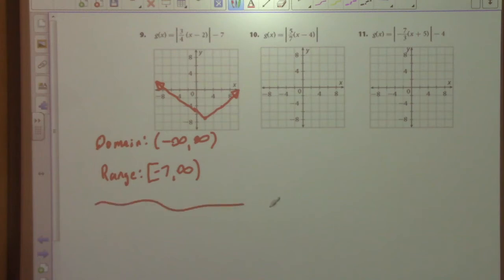What I want to do is, this one here, 10, should be pretty easy. I want to go ahead and concentrate on number 11. This number 11 throws kind of a curveball at us. What do you think for number 11? That's supposed to be negative 7/3? That's -7/3 here. With the vertex be -5,